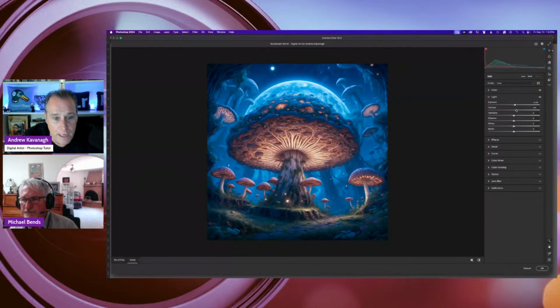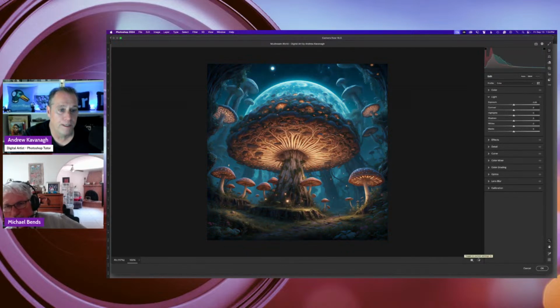And then I like to do contrast, which will give it a sense of depth. It looks a little flat. And then the minute I do this up to about 18 to 20, it has almost a 3D quality. If I feel highlights are blown out, I can pull that to the left. And I usually bump the whites to the right for a bit of a punch. So now, here's before, there's after. It's more vibrant, more tonal contrast, more details coming out.